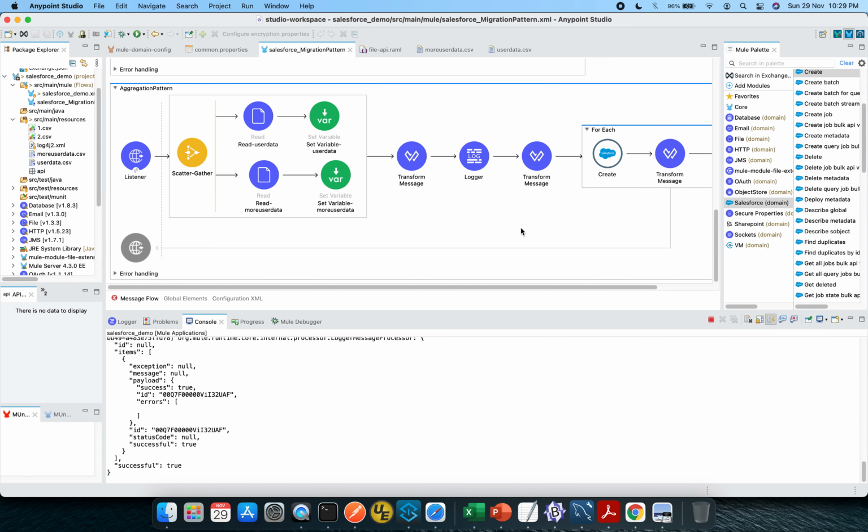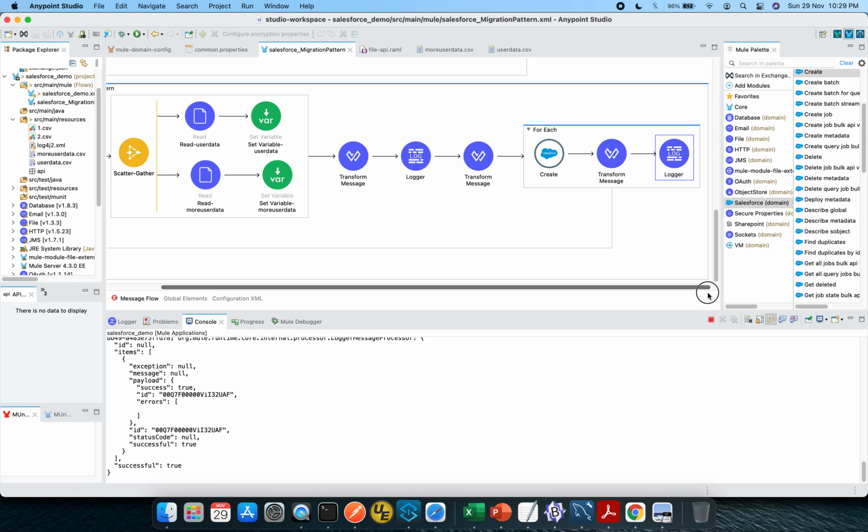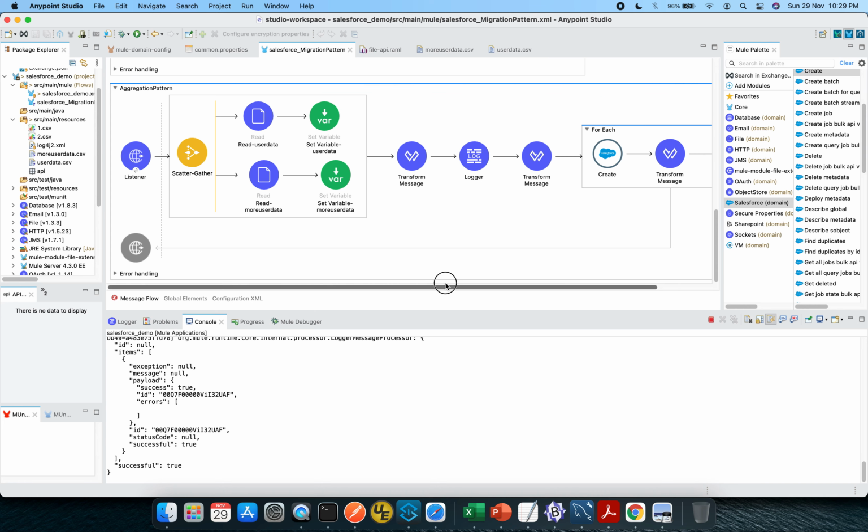In case you have more than one source as input, you can have a scatter gather, and after that you can manipulate and create a canonical payload, put those records in a for each or batch scope, and add new records within the Salesforce platform. Instead of create, you can also use update or upsert, depending on your use case. But this was a very basic flow just to demonstrate the aggregation pattern.